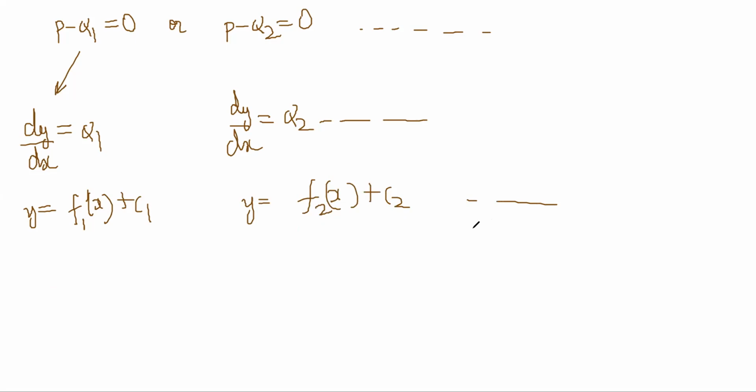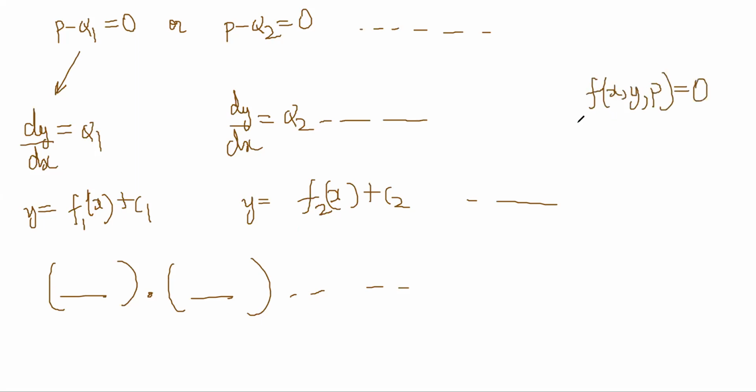So the combined solution for the overall differential equation will be the product of each solution. Because anytime any one of them is fitting, the whole thing becomes 0. Then the whole equation is satisfied. This happens if y becomes any one of the alphas. So that is the general way.